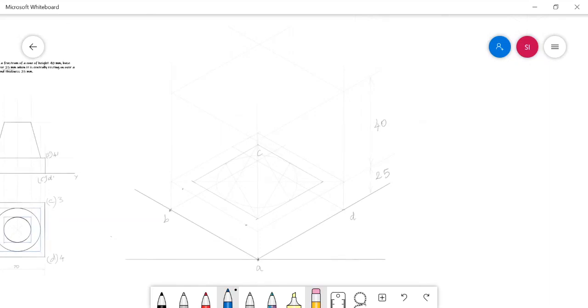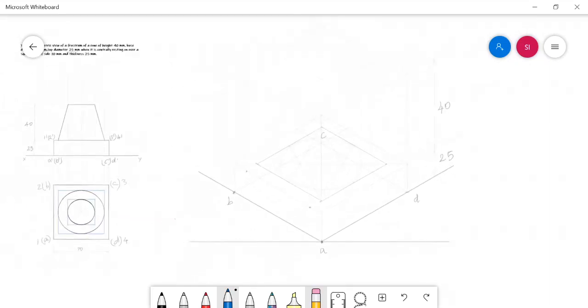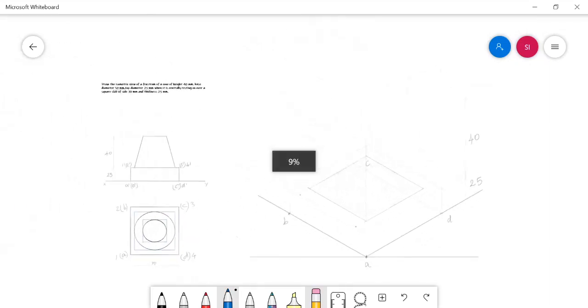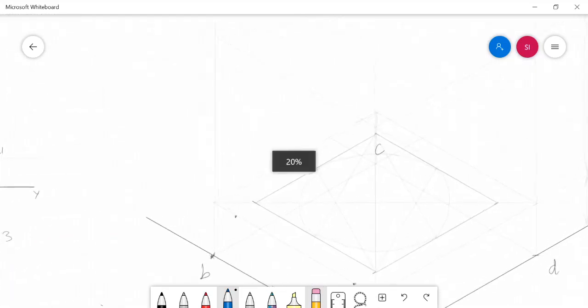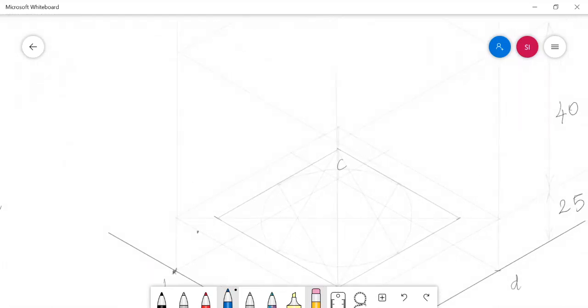So approximately I am marking them. Here and there.